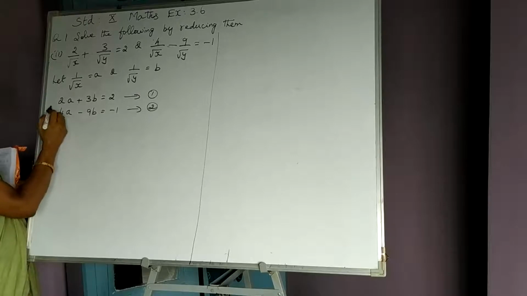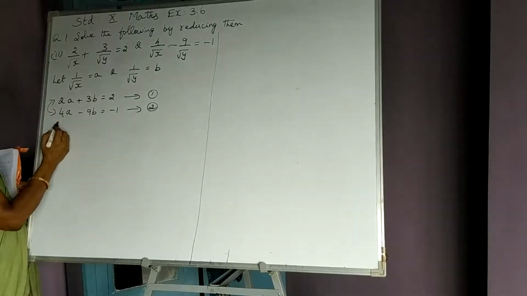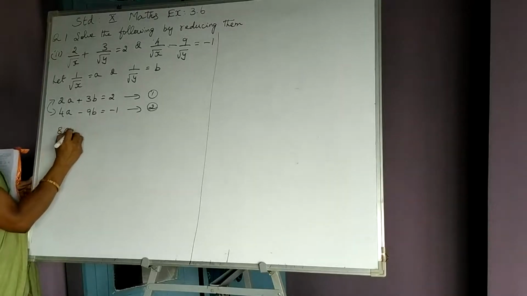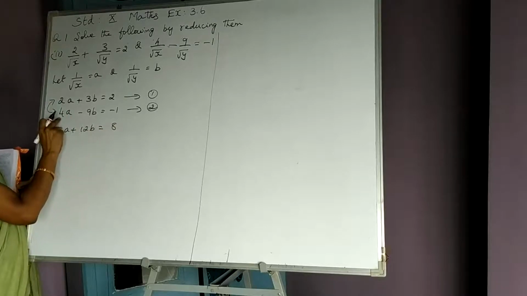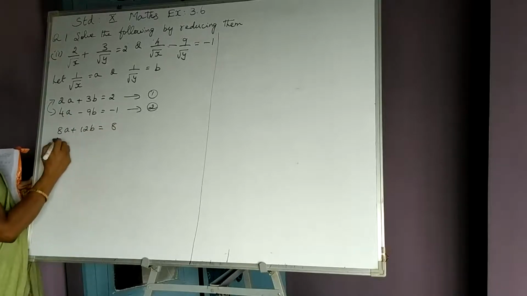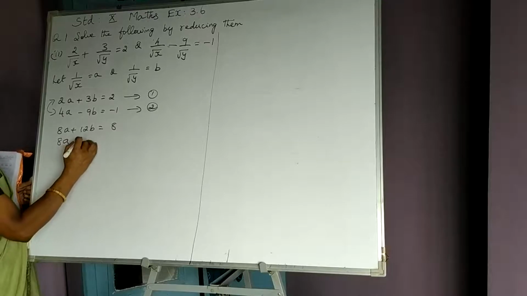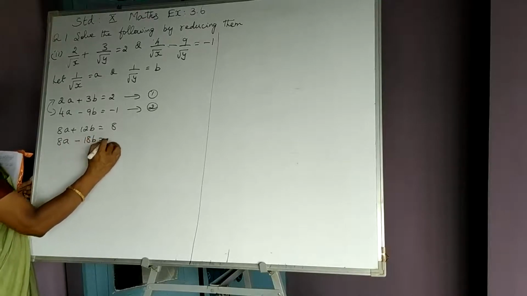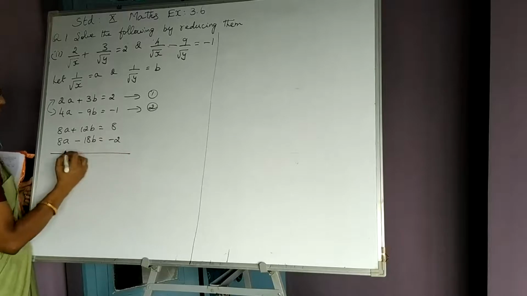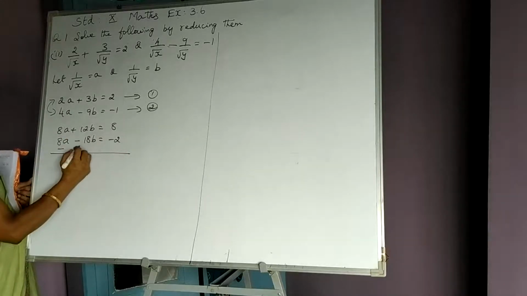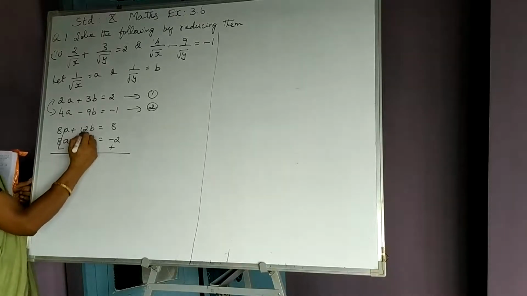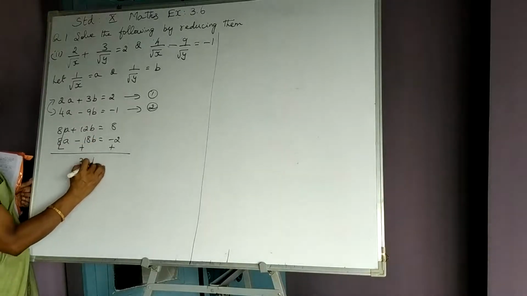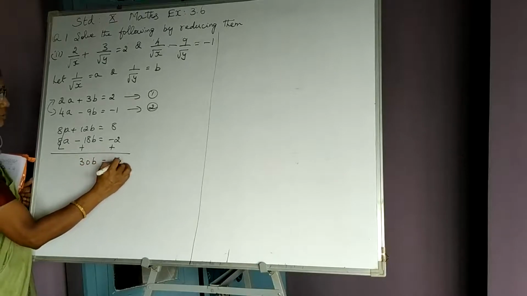So here we are going to interchange the coefficients and multiply. So 4 becomes the multiplier for the first equation. Multiplying we get 8a plus 12b equal to 8. Here multiplying by 2, the second equation, we get 8a minus 18b equal to minus 2. As before, we are going to subtract. Here it is plus and here also it is plus. This gets cancelled. 12 plus 18 becomes 30. 30b is equal to 10.